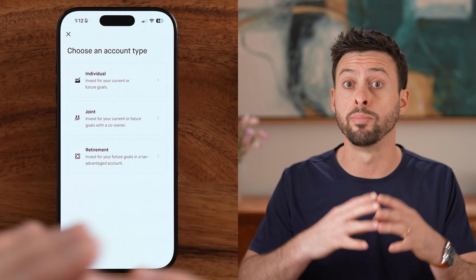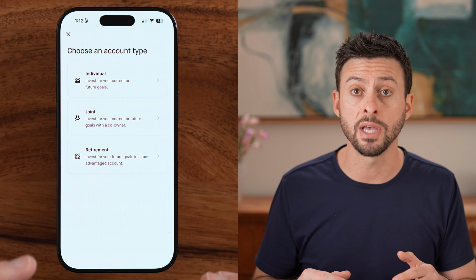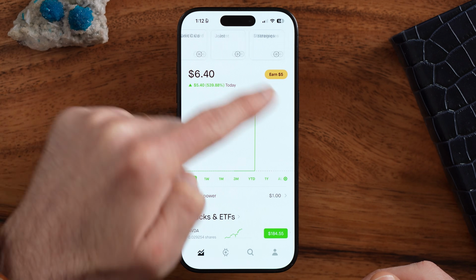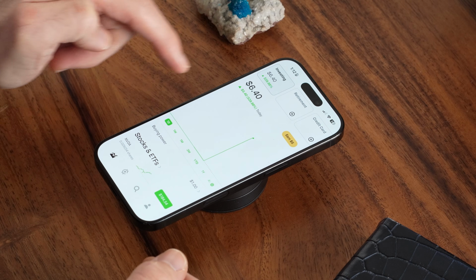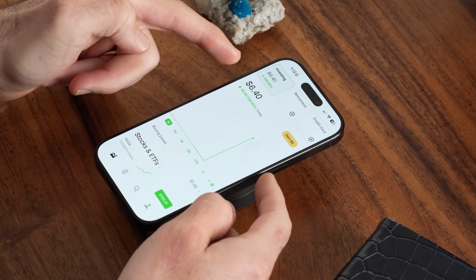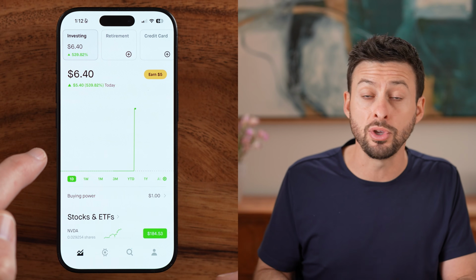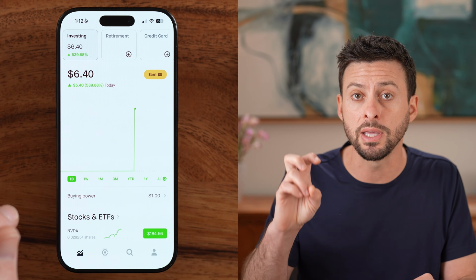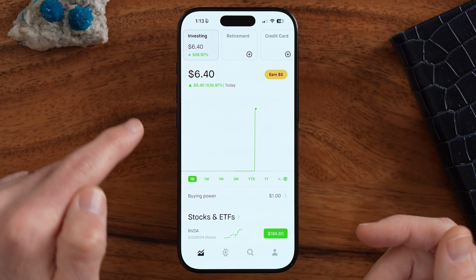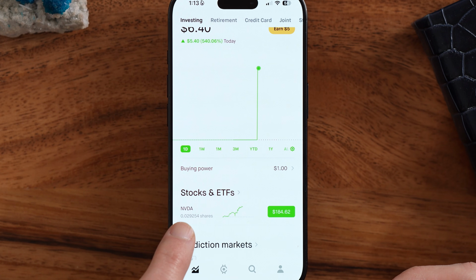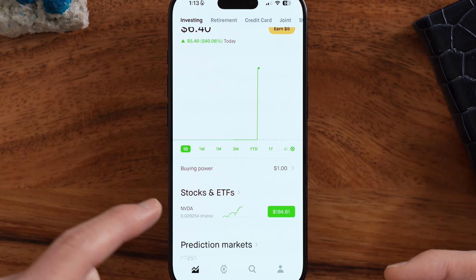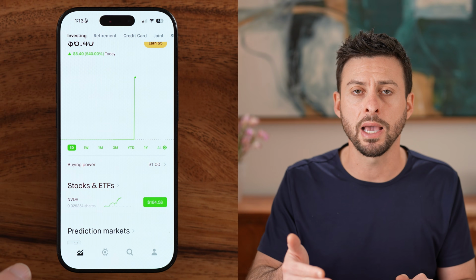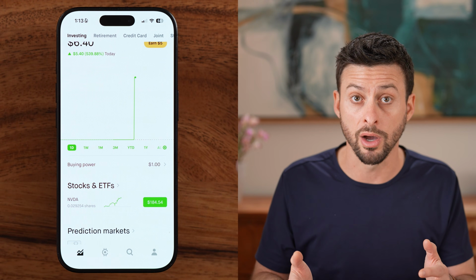Again, your Robinhood blanket account can have multiple different sub accounts within there that are maybe categorized differently based on your interests or what you want to get out of them. However, let's say investing here. You can see in a lot of ways, Robinhood is great because they initially give you a free gift. For, I think, practically every user that signs up, you get a free gift of a fractional share. You can see in this case, they gave me about $6 worth of NVIDIA stock. So it's pretty cool. They'll be able to give you that stock and you'll be able to see it as it tracks. However, in my case, I want to actually buy a stock, and I'll show you how to do